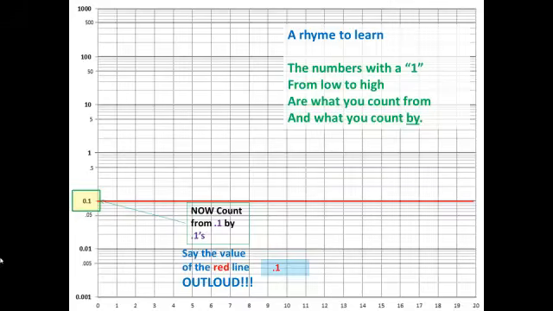And once again, you are at a number with a 1 in it, and so from low to high, it'll tell you what to count from and by. So you count from 0.1 by 0.1s. Next line up is